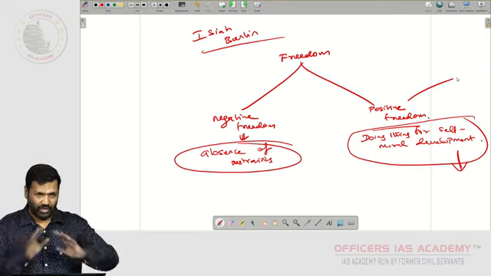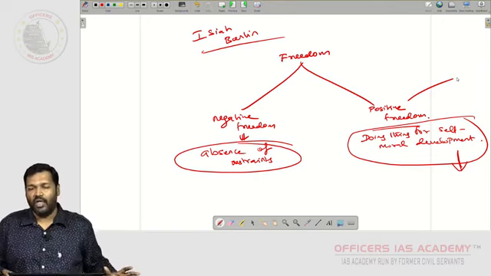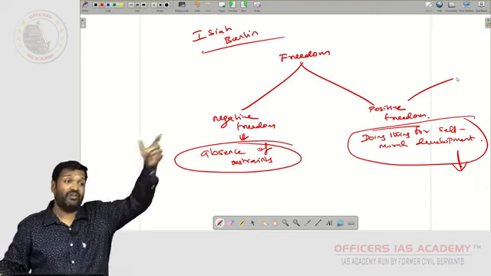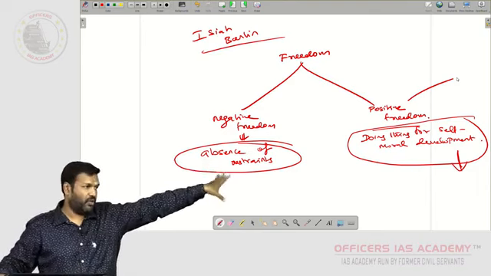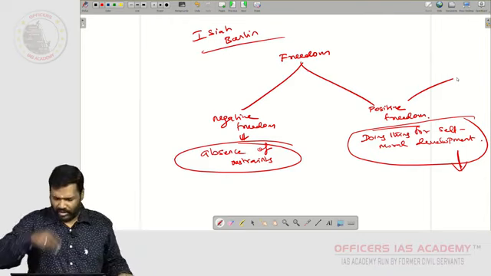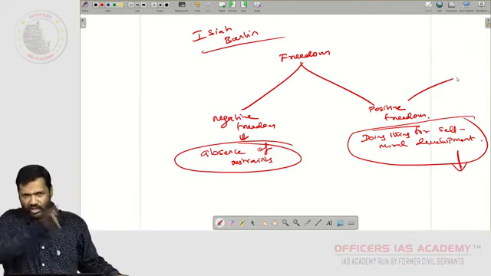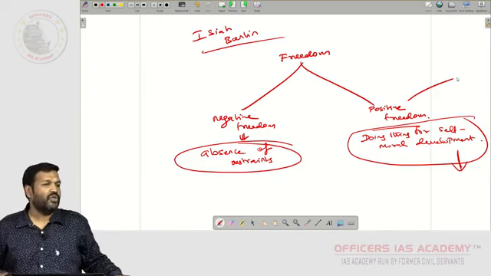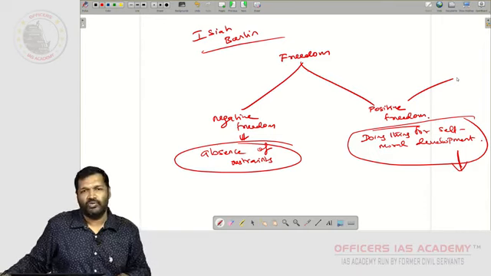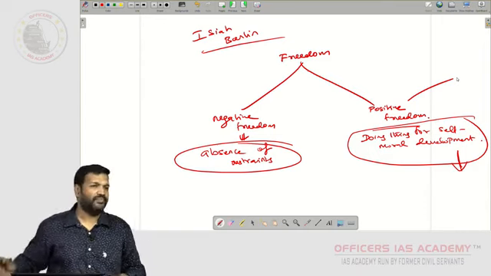With this, I am completing the concept of liberty. There is another notion, J.S. Mill's concept of liberty, which I will take in J.S. Mill's. Okay, I am not going to couple it here. Till last year, I took it along with this, but this year I thought let me take it separately. That is better, because anyway J.S. Mill is there in your syllabus. So when J.S. Mill comes, we will go there.